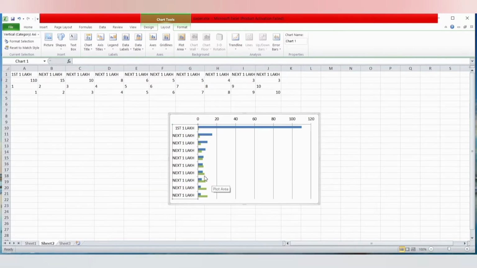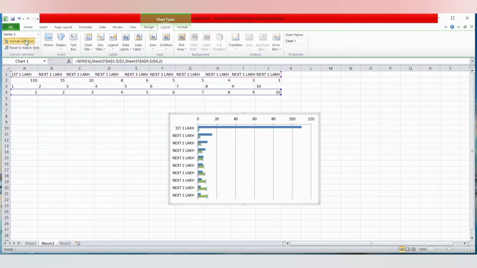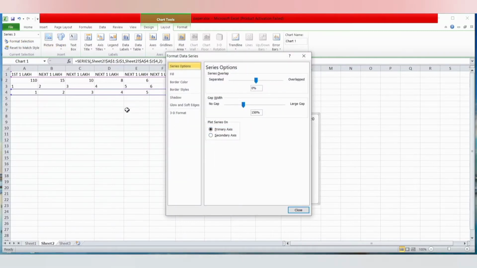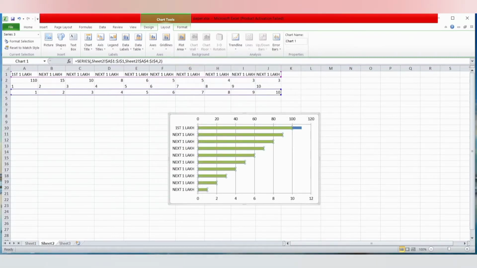Now I will select the green graphs and again go to Format Selection and Secondary Axis. Close.